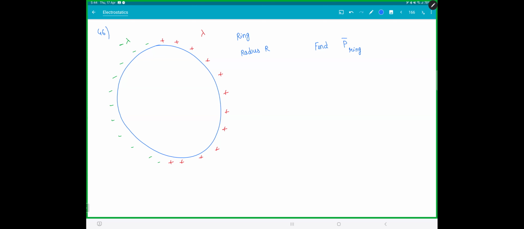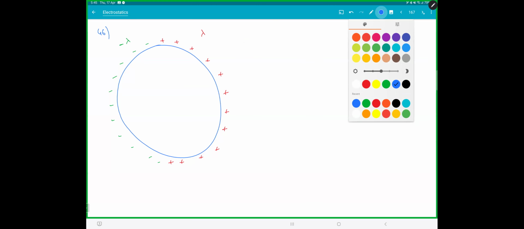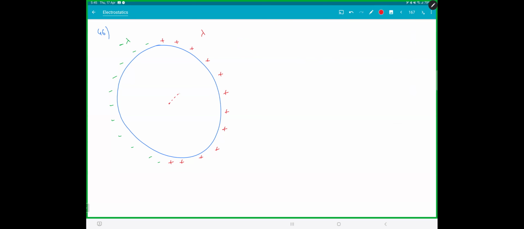How do we do this? r square. It's a vector quantity. See, so at an angle theta,